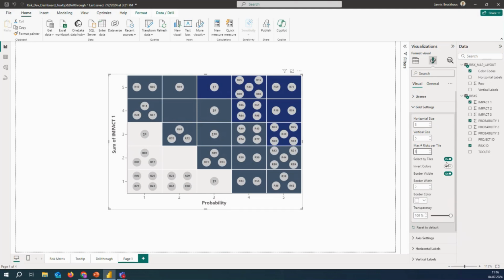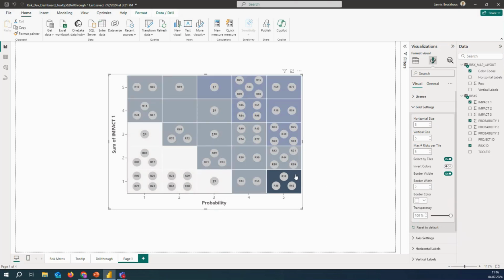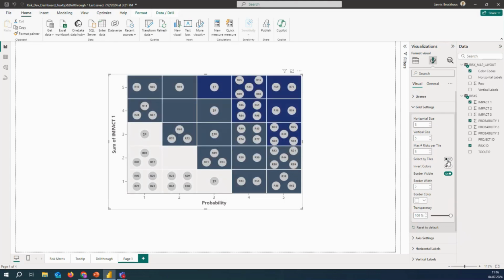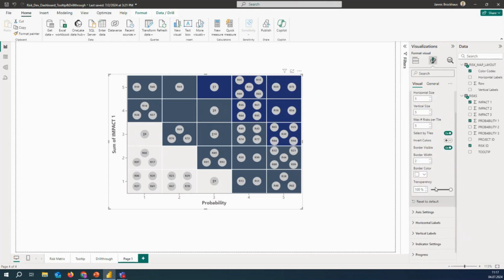Also, a really nice feature we have is here select by tiles. So this is switched on, and in that way we have the possibility to select a tile here, and the focus will then go directly to this tile and will only display the risks of this tile. And this can of course also be switched off. However, it's really powerful, so I would not recommend it. Again, invert colors is possible here with one click, also really nice. And some more color and formatting